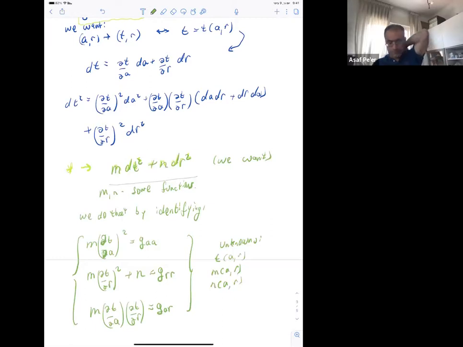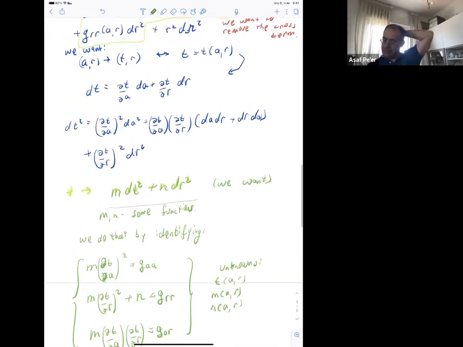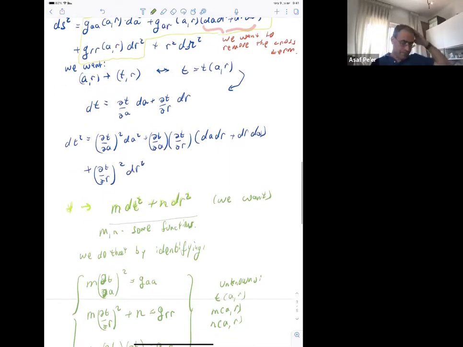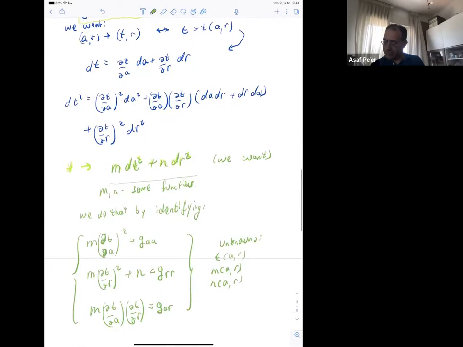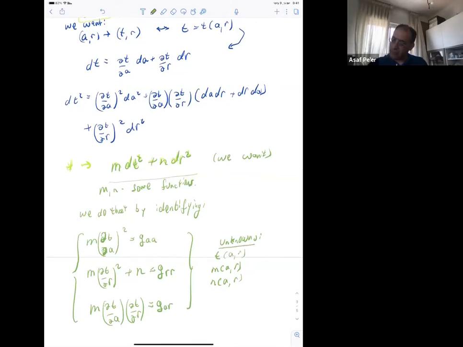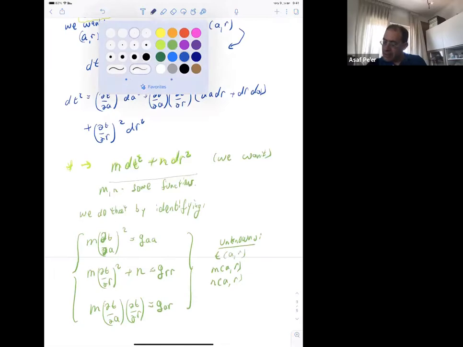So when we do that transformation, we can, in principle, write down the metric, determined up to the values of GAA, GRR, and GAR, which we don't know. But in principle, we have three unknowns and three equations, so we can always write down this metric,